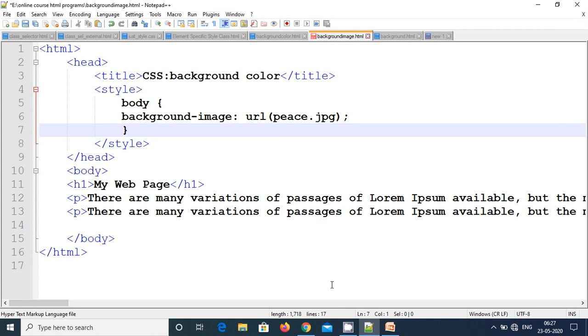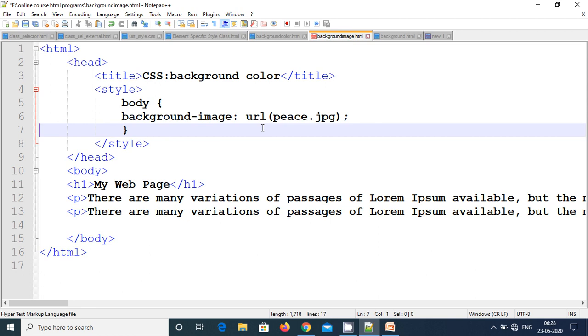Okay, now let's see background image, how it can be given using the CSS background property. When it comes to an image, by default, the background image property repeats an image both horizontally and vertically, so that it covers the entire element. So this is how the background image will work. Now I wanted the body background image, so I have specified here body and then background-image.